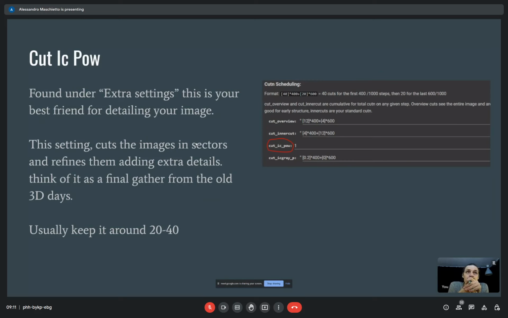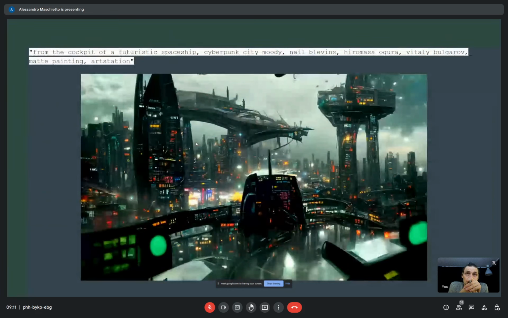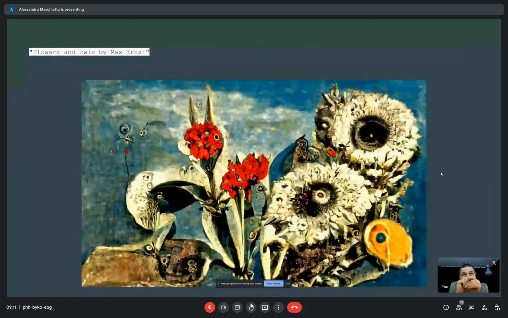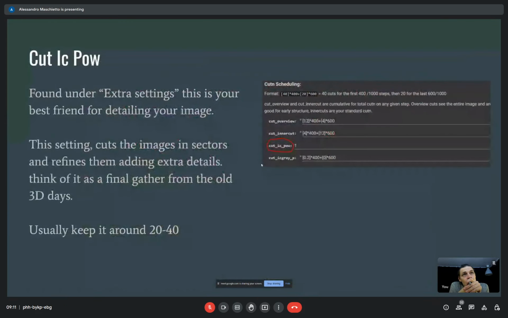Then your best friend is the IC power. This is basically the amount of detail that you can have in the render. For example, this has an IC power of like 40 or 50, and there is a lot of detail, like here, the old thingies. It's nice. This has like 25 or 30, and this is 10. I don't recommend going below 10.